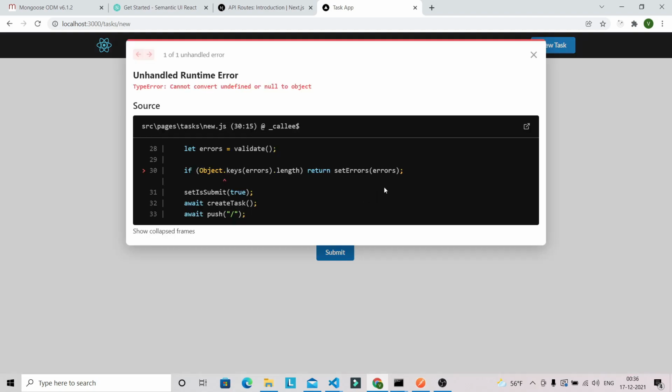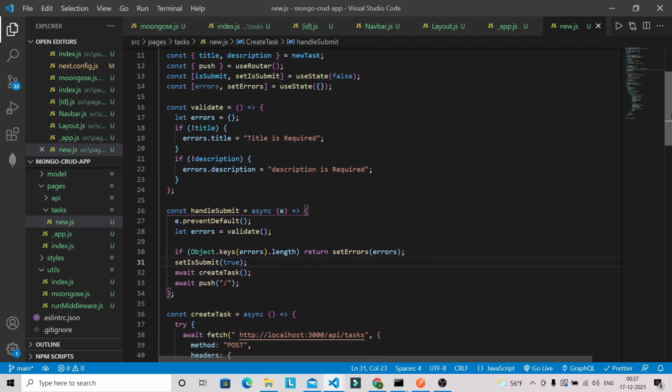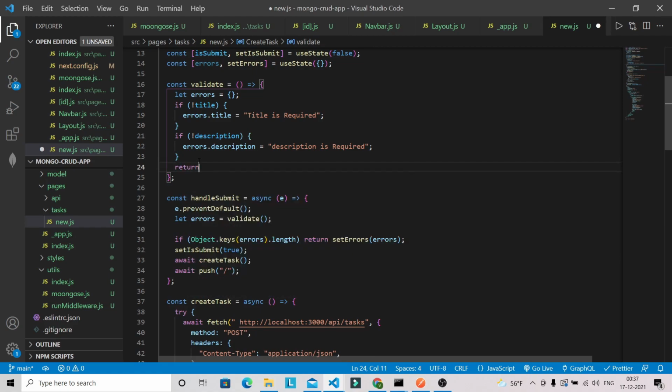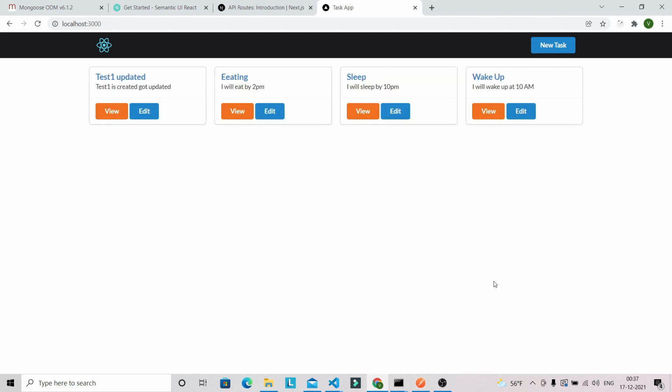So we have got some error here. Okay, so here I think we forgot to return the errors. That's why we are getting that issue. So let's return this error, and let's give the same thing again, like wake up, I will wake up at 10 a.m. Okay, and let's hit submit. Now you can see that we are successfully able to create the task, and we have got our fourth task